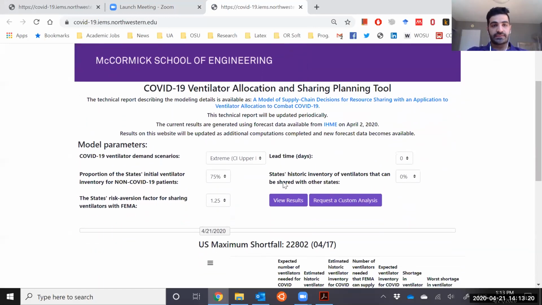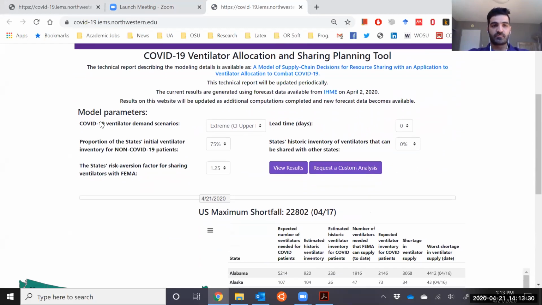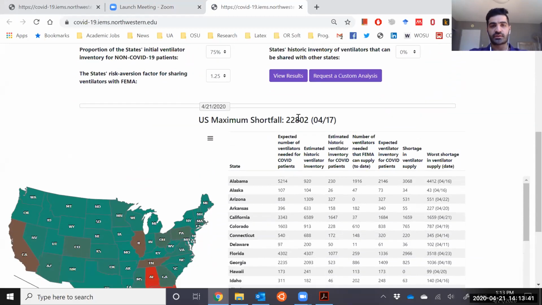You can see here that the model we have provided, the website, this platform, takes different parameters that I'm going to talk about in the mathematical optimization part. We'll give different inputs on the demand scenarios, different parameters that the states can control, and the lead times of delivering ventilators to the states. You can see there's a panel, and as I move this panel, you will see how the shortage over states is changing. Some states are getting more severe, the situation gets more severe. Some states are fading away, they're becoming completely fine. They don't need to have additional access to